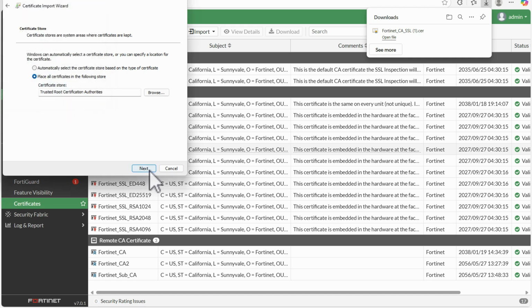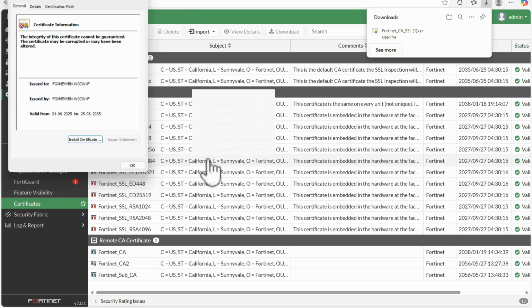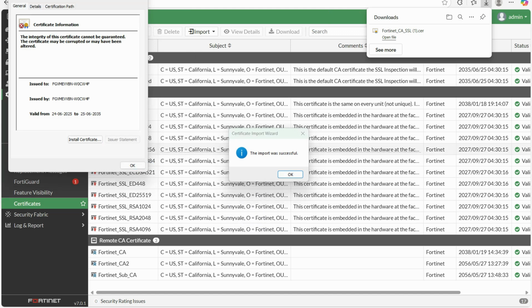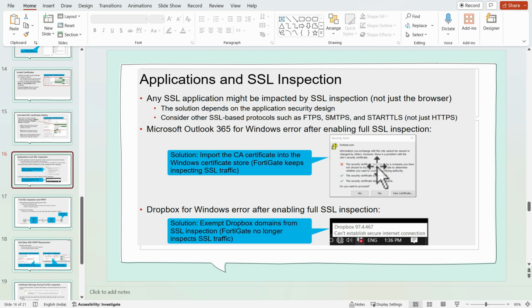Select that, okay, next. This is the completing certificate import wizard, and finish. Now we get the message that the import was successful. So this is the way to import a certificate on clients in cases where Outlook is popping up this security alert.